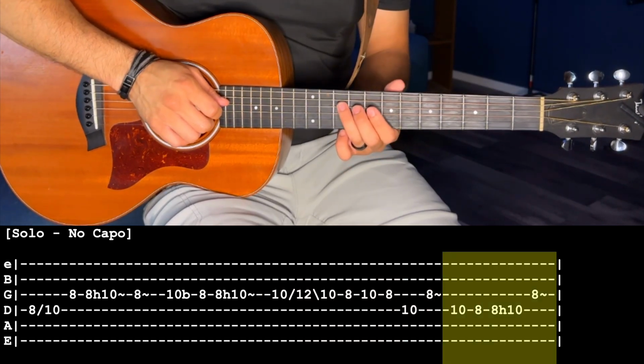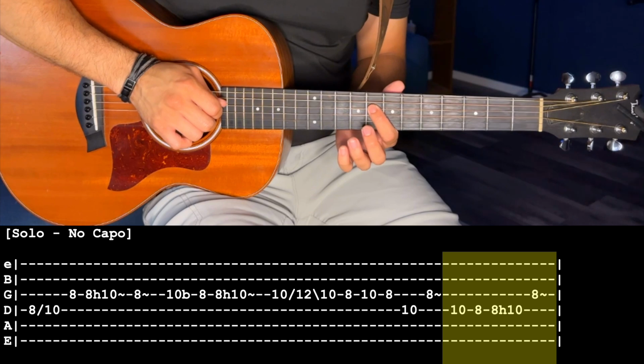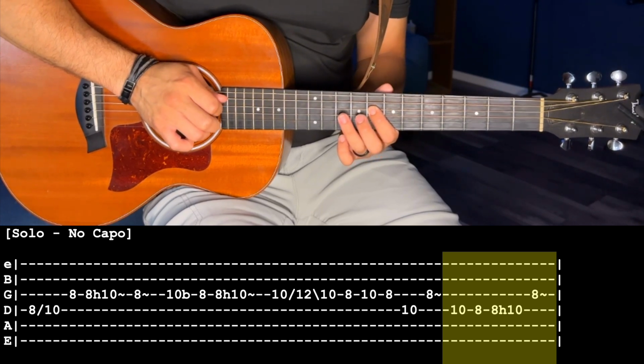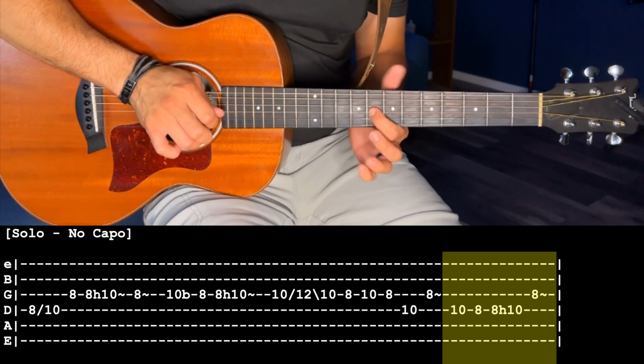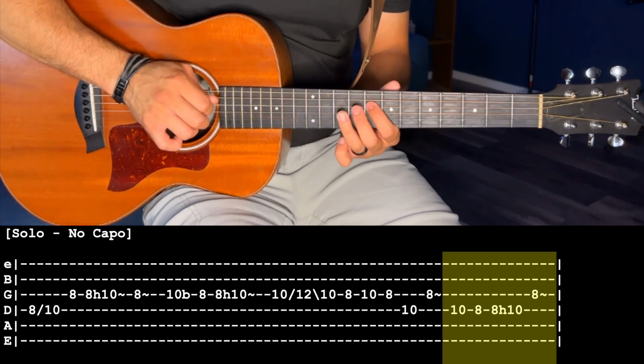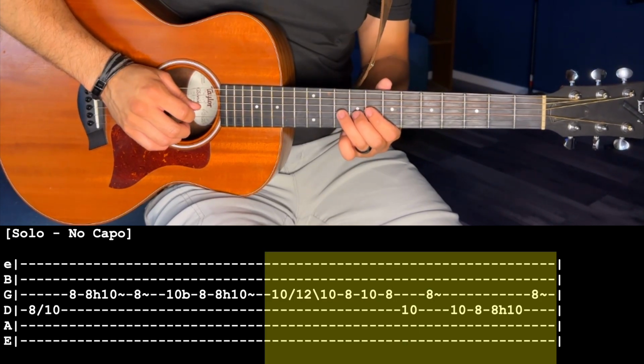Now we're going to go back to the 10th fret of the D string. You're going to pluck that note, then go down to the 8th fret of the D string, pluck 8th fret, hammer back onto the 10th fret, and then go 8th fret G. So from that slide,